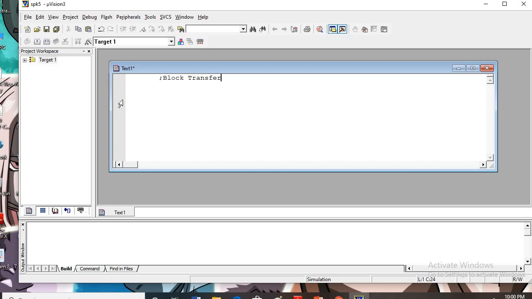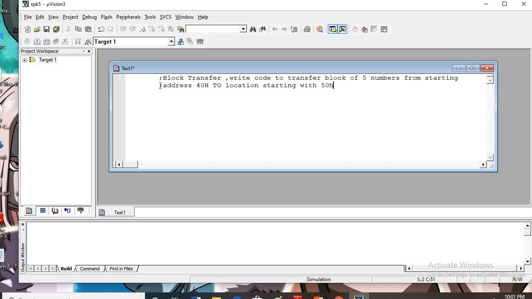Block transfer. Here I will just mention: write code to transfer block of 5 numbers from starting location address 40H to location starting with 50H.